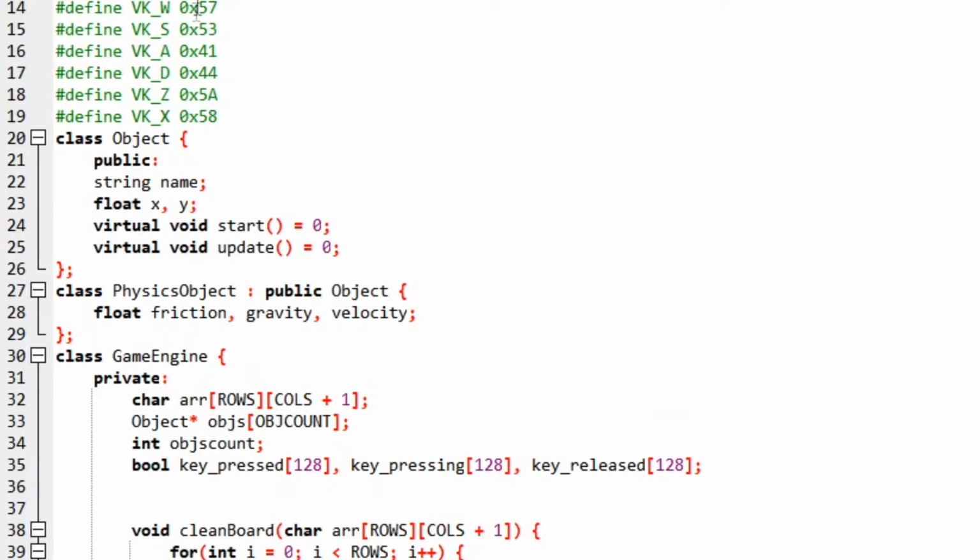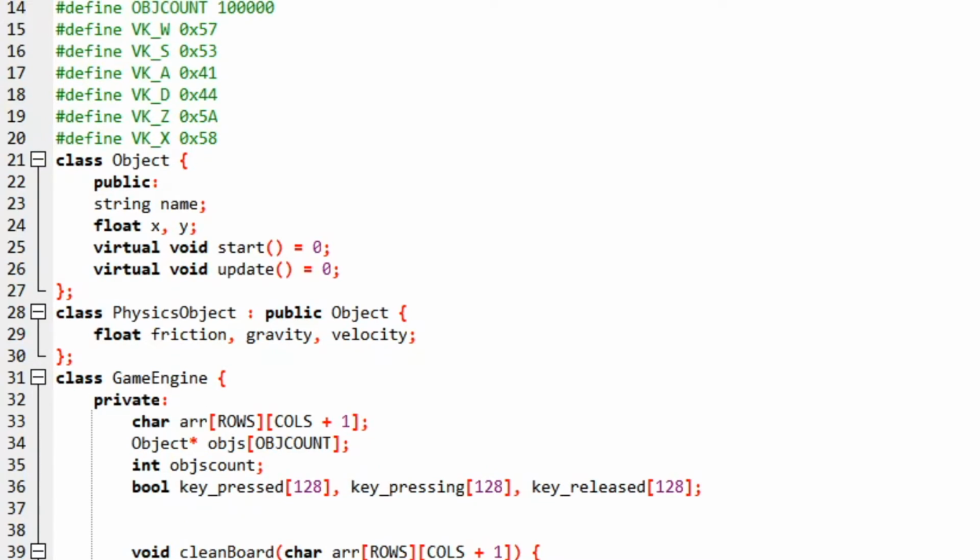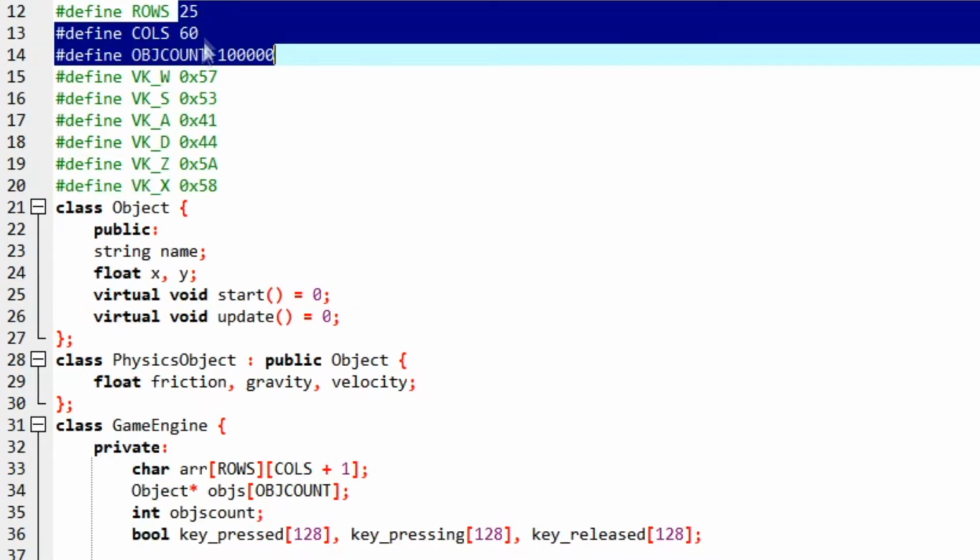First of all, let's just clean our code a bit. We have been using static arrays for everything, but I think it's time to move on to dynamic arrays. The vector library is just like an array, but the advantage you get with vectors is that you can add to a vector anytime and you can remove from a vector anytime. The array itself is created on the heap instead of the stack, so we don't have to worry about the stack memory running out as well, and we don't need to hard code these values anymore. They can be edited dynamically.